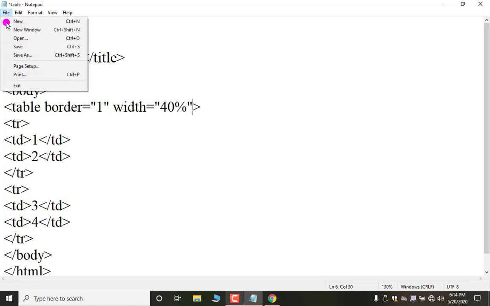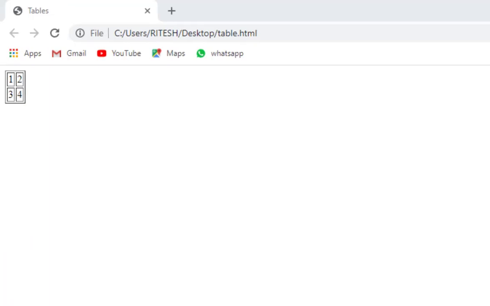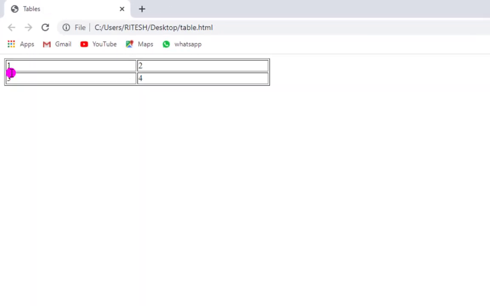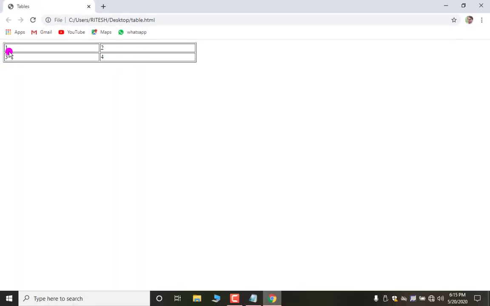Okay. Let's see. File, save, and this one, press the refresh key or F5. Now look. Okay. This is the way by which you can use your table tag. This is first tr, second tr. TD first, TD second, TD third, TD fourth. You can say for every new line, you have to use tr. For every cell, you have to use td tag. Now, next thing, look, they are coming at the corners. This 1, 2, 3, 4, they are coming on the corner.